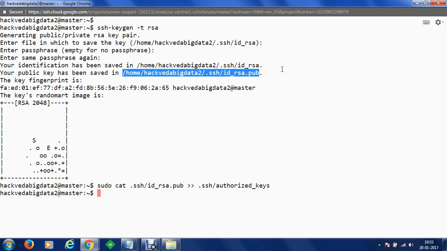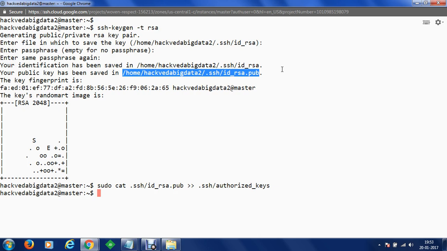So once we press enter, now our local machine will be able to access the localhost using SSH. Hadoop requires SSH facilities in order to execute services which are authorized through a user account, and at the moment we are going to authorize our Hadoop installation with the Hackweather Big Data 2 account.